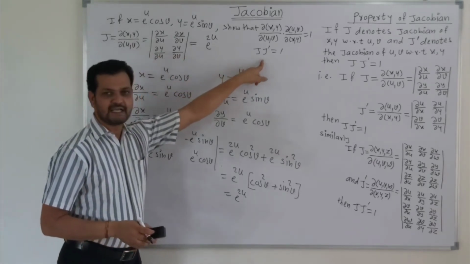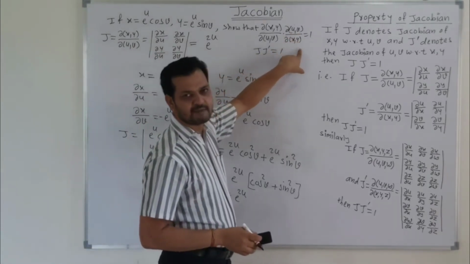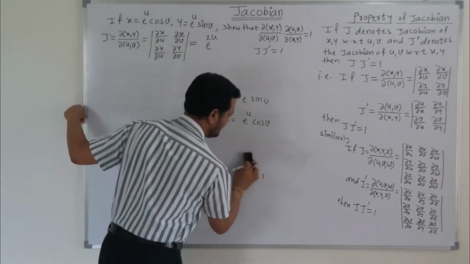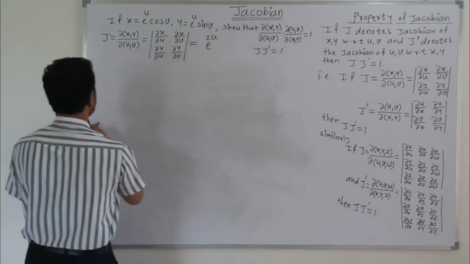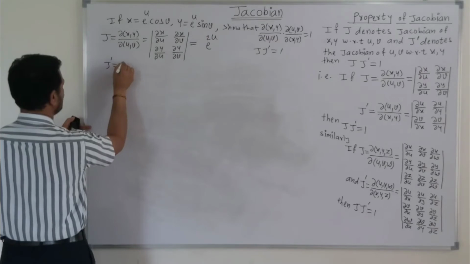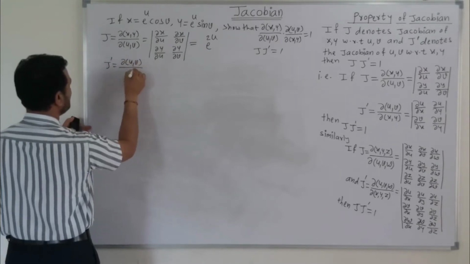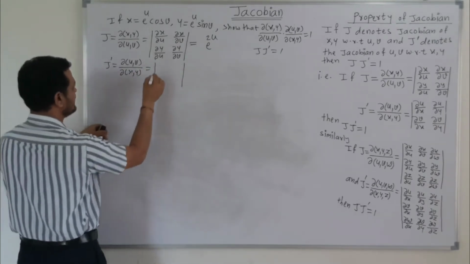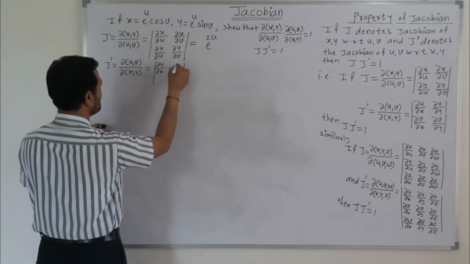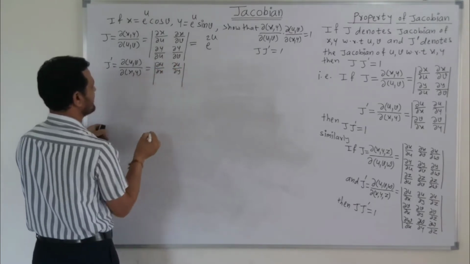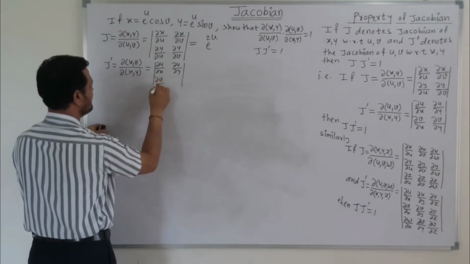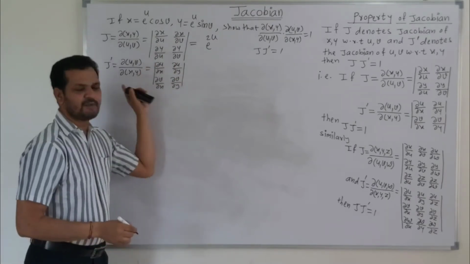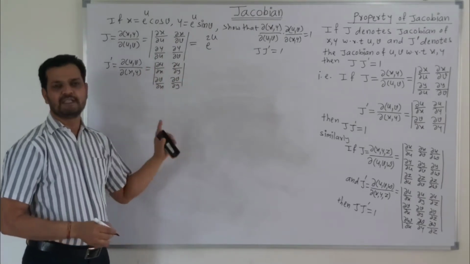Similarly, find out the value of j dash, or find the value of Jacobian of uv with respect to xy. So let's first define that term, and then according to the definition, let's find the value. So here friends, j dash stands for Jacobian of uv with respect to xy, and is defined as Jacobian of u with respect to x, Jacobian of u with respect to y. Similarly, Jacobian of v with respect to x, Jacobian of v with respect to y. So our aim is to find out the partial derivative of u and v with respect to x and y.